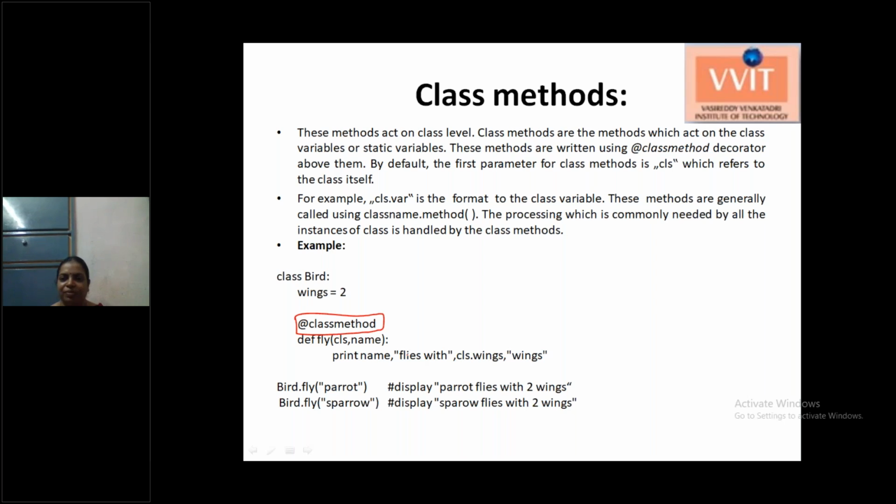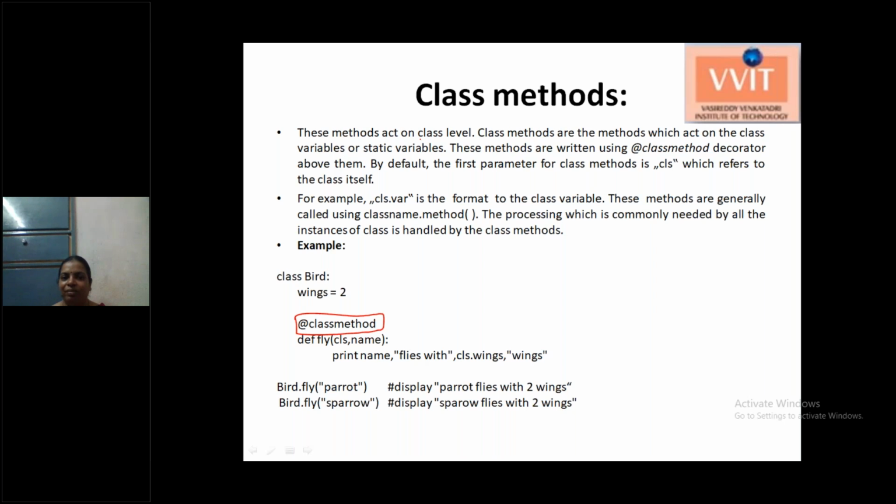So we will be complete with the two topics: class methods and static methods. Static method is the final one, and with that we'll complete our object oriented programming concepts of Python. Don't feel bored, you just need to complete these two topics. I think you don't have any class after this.